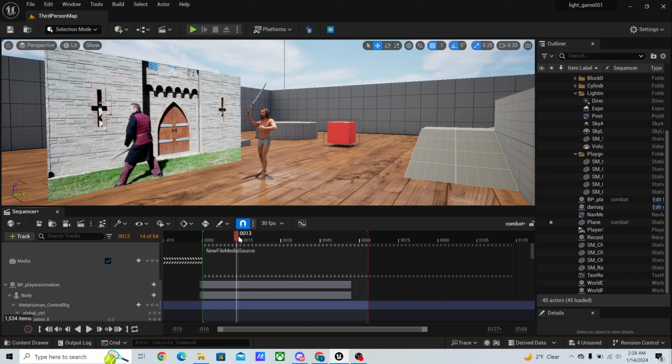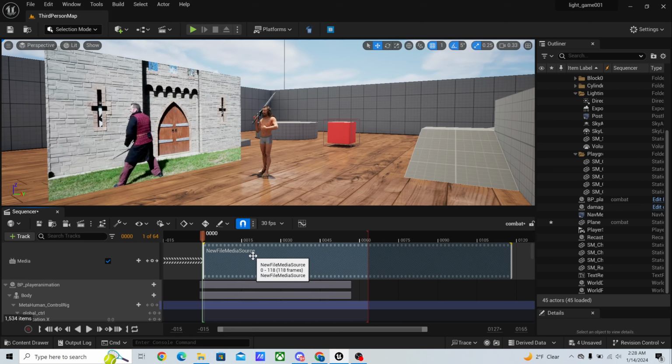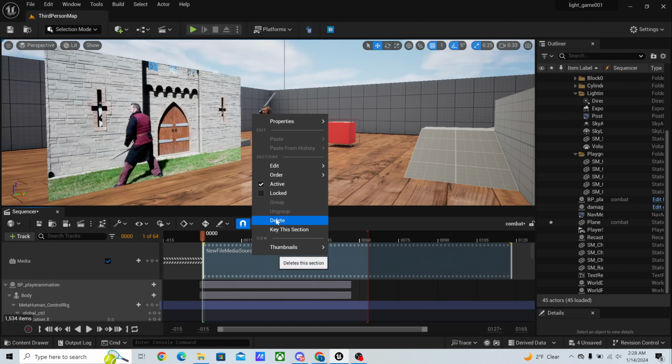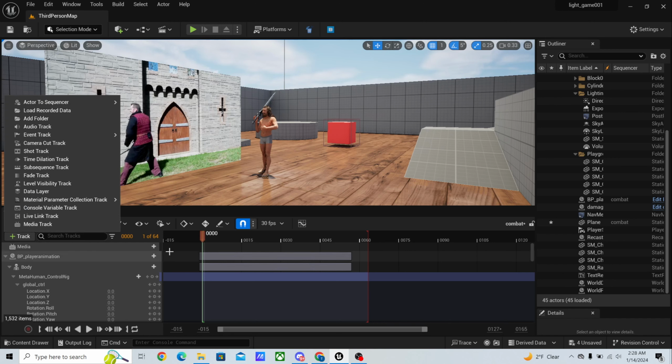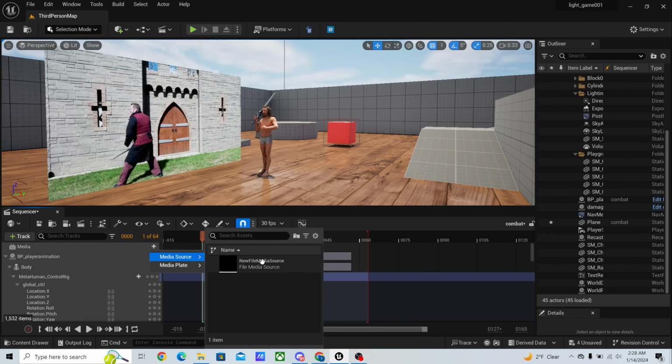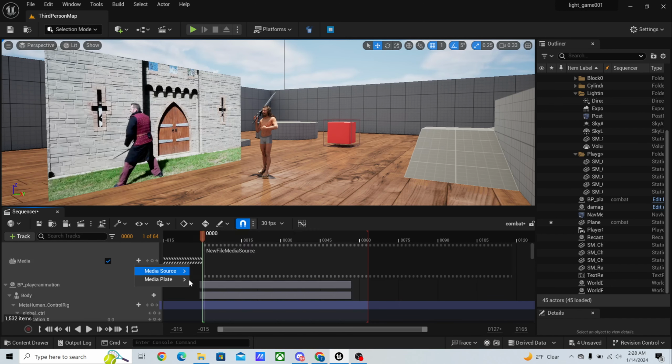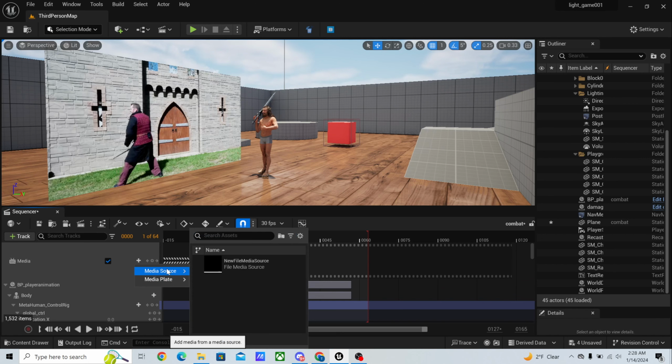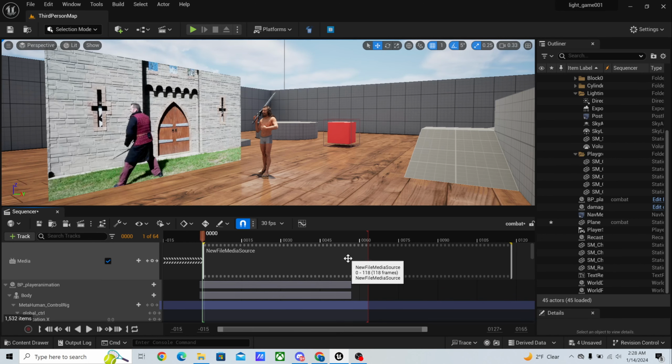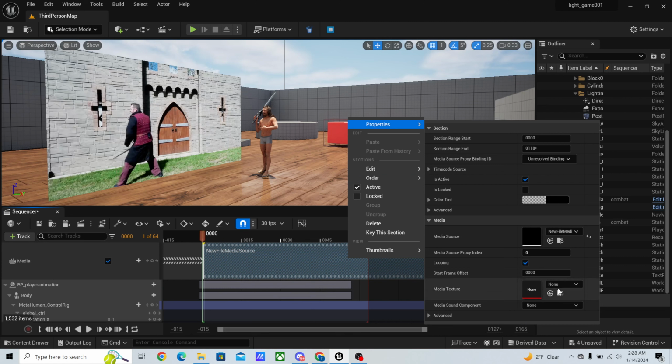Okay, well, it looks like it doesn't like that, so I'm just going to delete this and recreate it. Media source and media, and then properties here. If you can't tell,